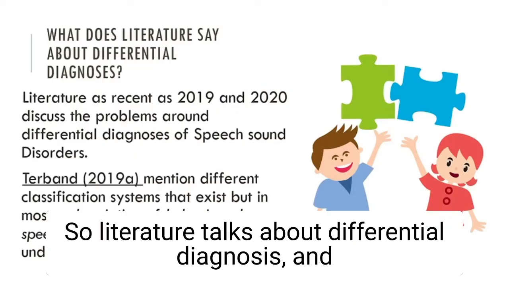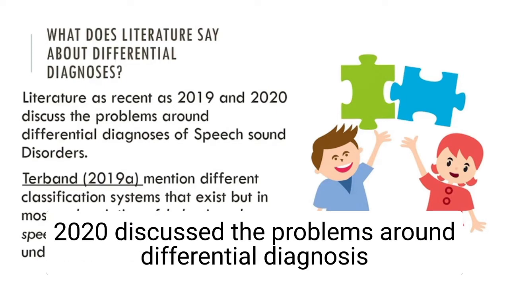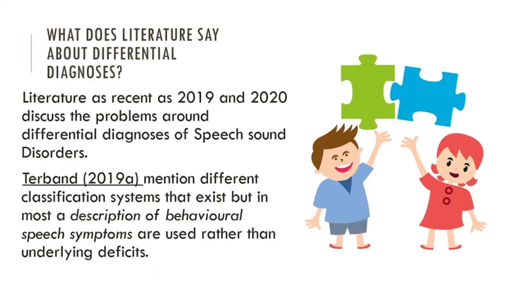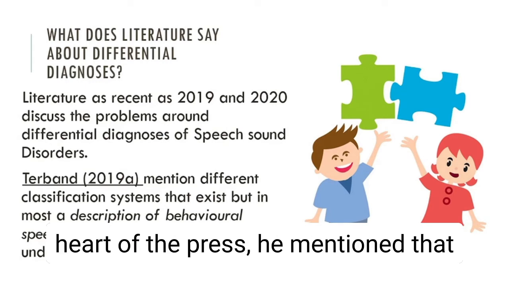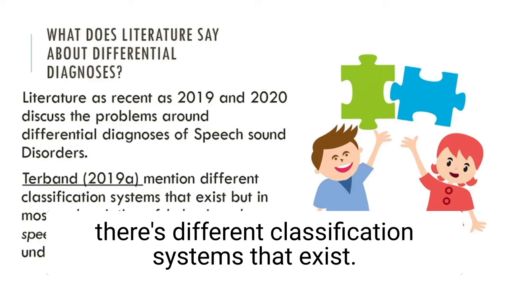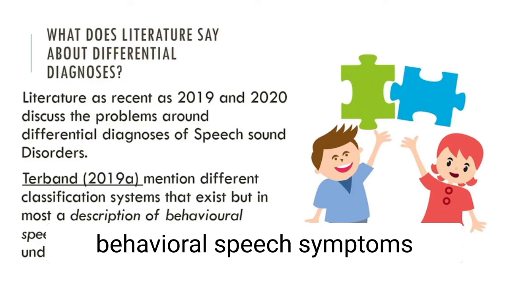So literature talks about differential diagnosis, and even literature as recent as 2019 and 2020 discusses the problems around differential diagnosis of speech sound disorders. So in Tarban 2019, which is hot off the press, he mentioned that there are different classification systems that exist. But in most, a description of behavioral speech symptoms is used